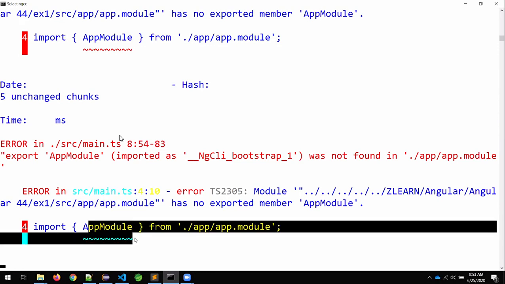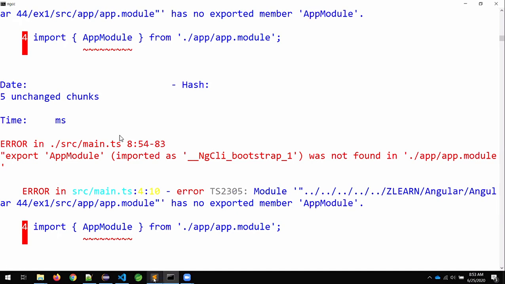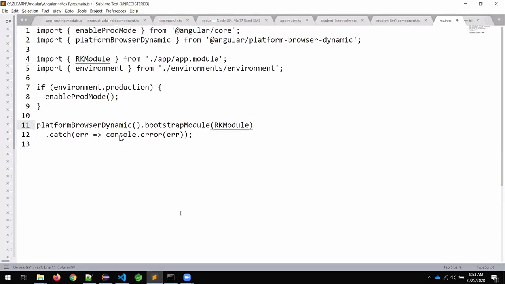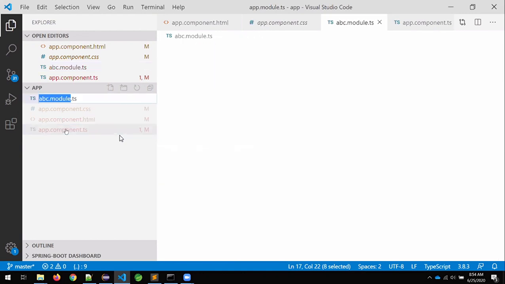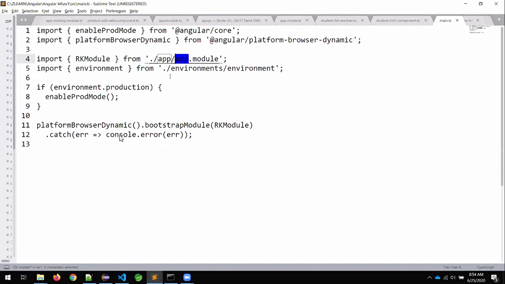That is why it is failing, Satish. So when you modify the application module file, I need to modify this one too. Sir, can I change this one also? Let me show you. What is the name I am taking? ABC. Now observe, here also I need to take ABC. Then only it will work, because this is my file name, abc.module. And we have the RK module. That is what I am telling. Okay.